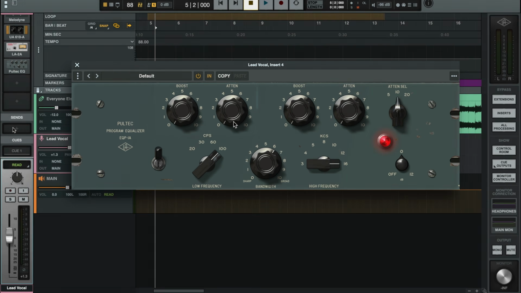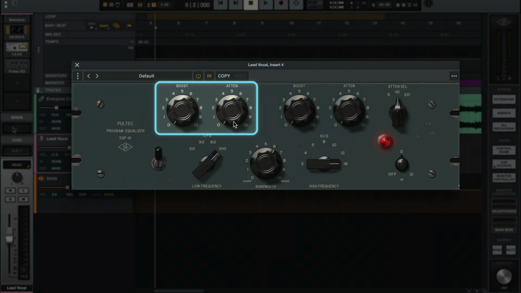So I want to clean up a little of the low buildup without losing the body of the vocal. This is important. I'll start by attenuating the problem area, around 100 Hz in this case, and I'm not afraid to exaggerate the move just at first so I can really hear what the control is doing. Once I hear it clearly, I'm going to dial it back just until it starts to clean up the vocal without thinning it out too